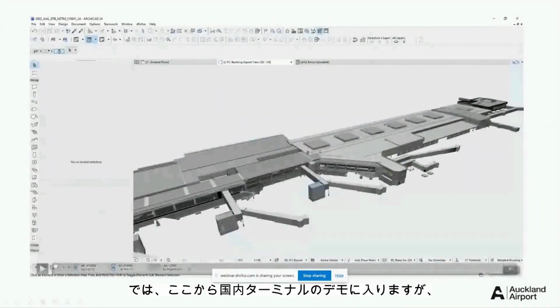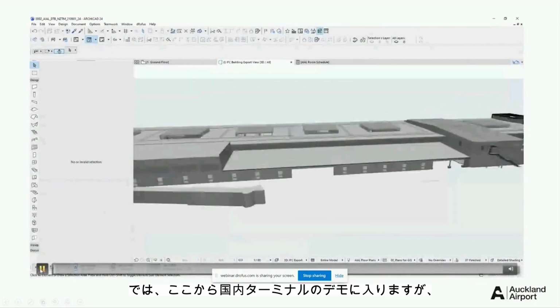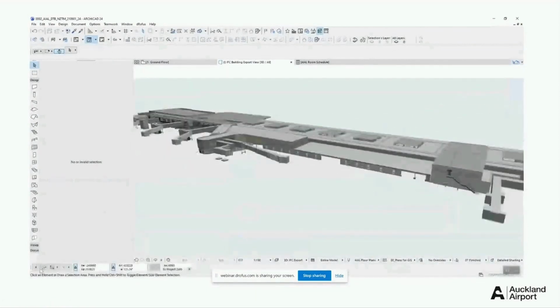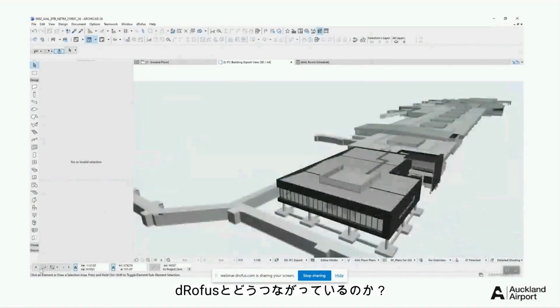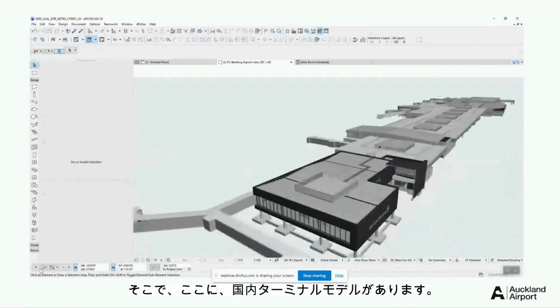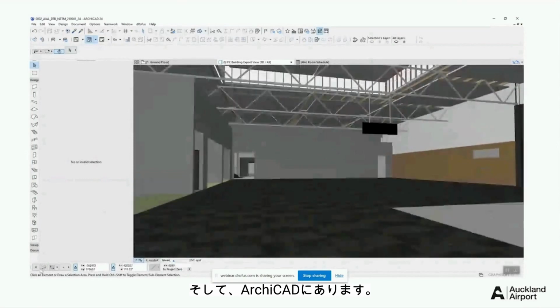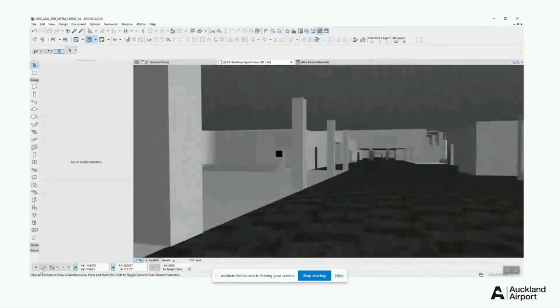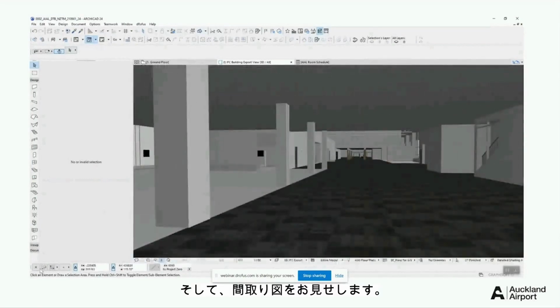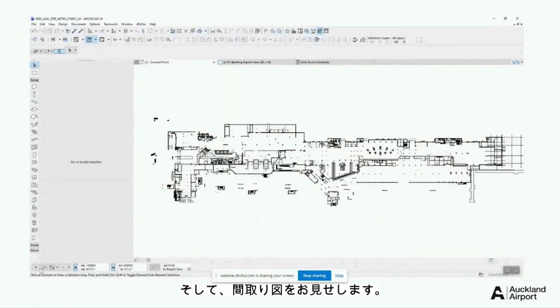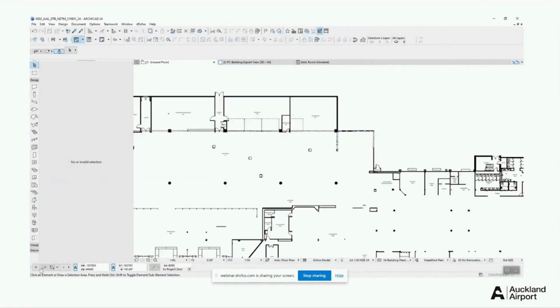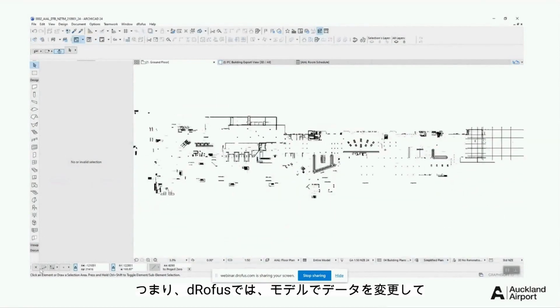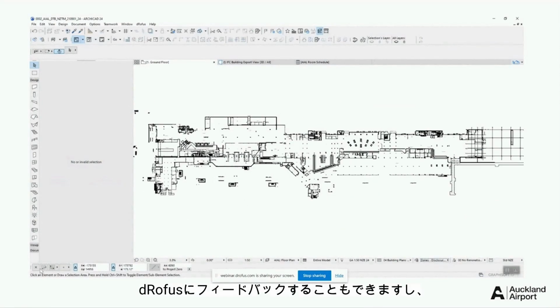So I'll jump into a demo here of our domestic terminal and how it's connected to dRofus. Here we have a domestic terminal model. It's in ArchiCAD. I've got the floor plans. The thing with dRofus is we can change data either in the model and then feed it back to dRofus,